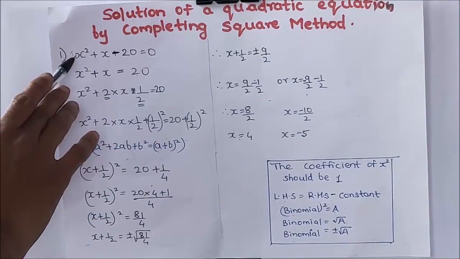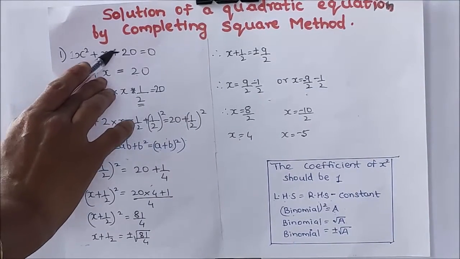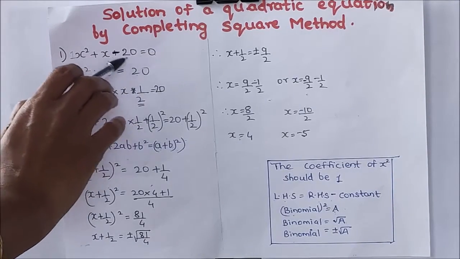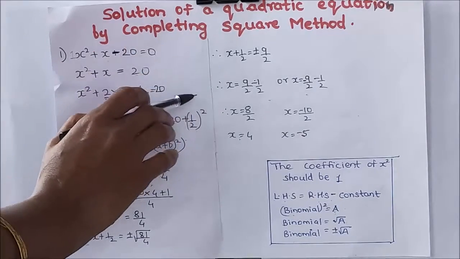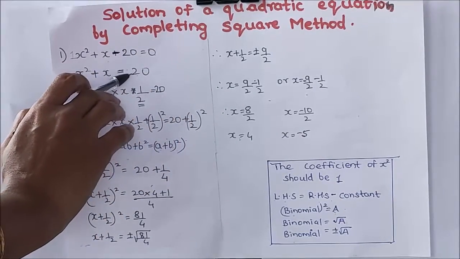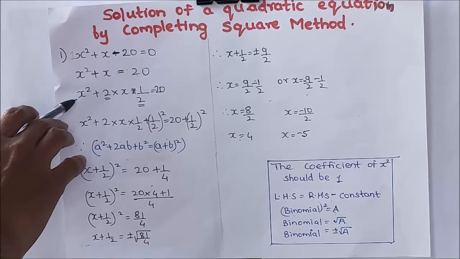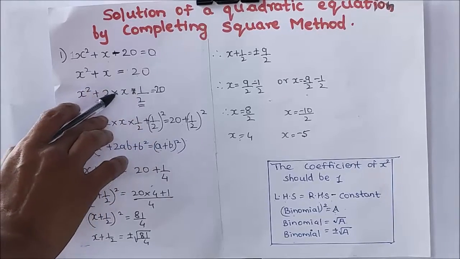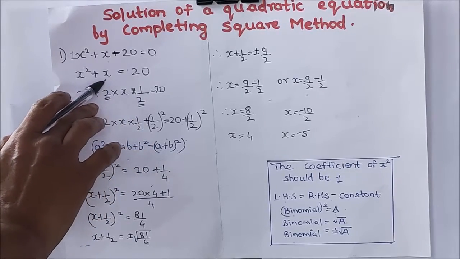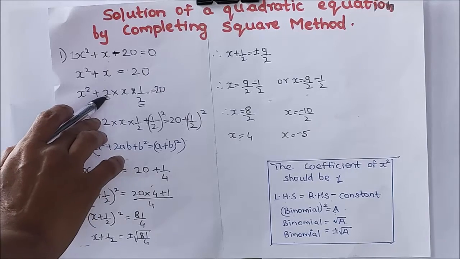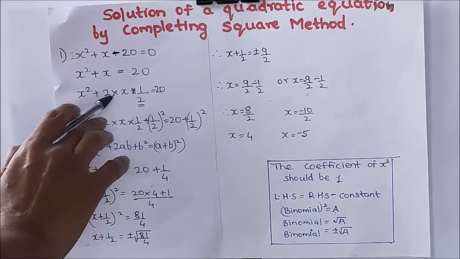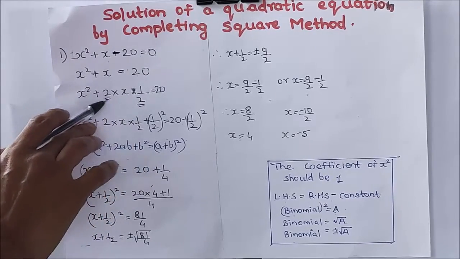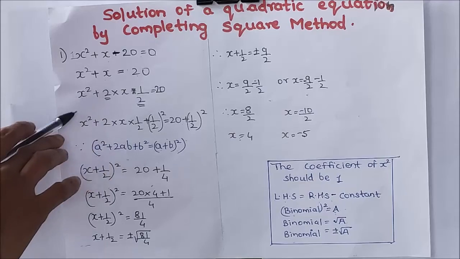Here our quadratic equation is given as x square plus x minus 20 equals 0. x square plus x equals 20. I have shifted this constant term to the right hand side. 0 plus 20 is similar to only 20. Therefore, x square plus x equals 20 I have got. Now I couldn't split this middle term x. So what I have done? I multiplied by 2 and divided by 2, that means 2 into 1 by 2. These two I have multiplied and divided so that they get cancelled. We get only x, simply x.